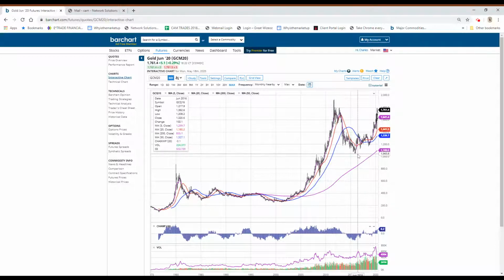1935 back down to 1,050 could yield a move, and I'm not talking about today, tomorrow, or even next year, but I think that the long-term move in gold is much, much higher than where we are. And I know that it may sound absurd, but I'm thinking that the number 3,000 is not out of the realm of